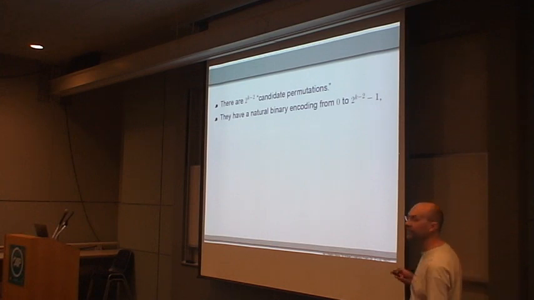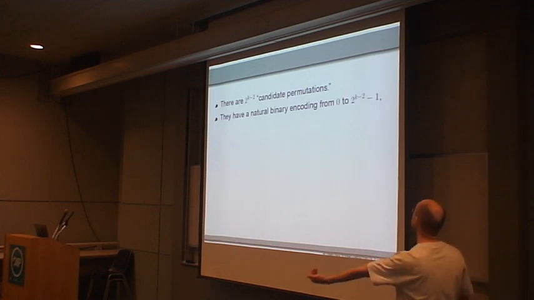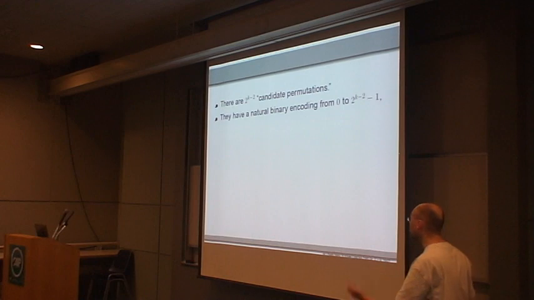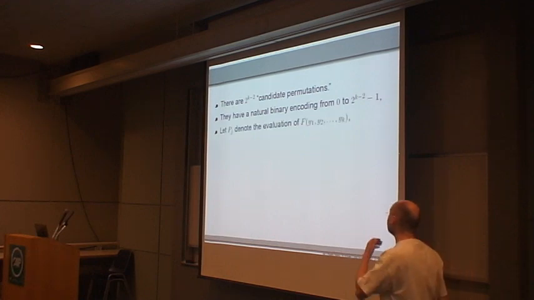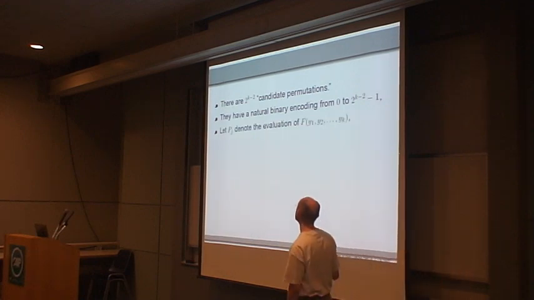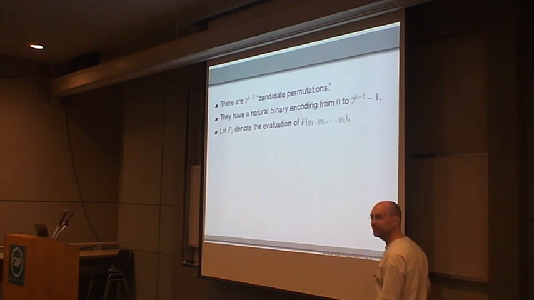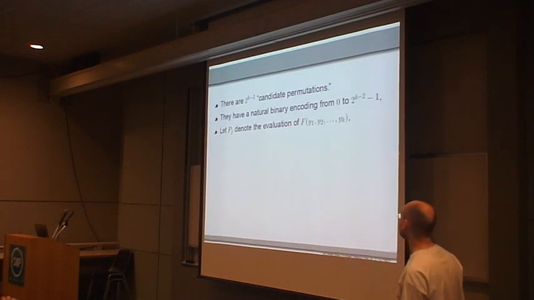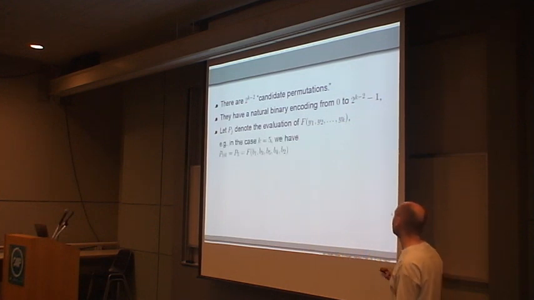And there's a natural binary encoding. I mean, you just go from all zeros up to all ones. And so taking advantage of that, I want to let p sub j denote that particular candidate permutation, in the sense that for k equals 5, the case that we're just looking at,